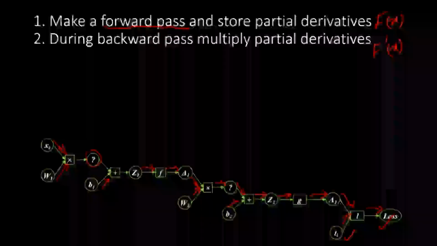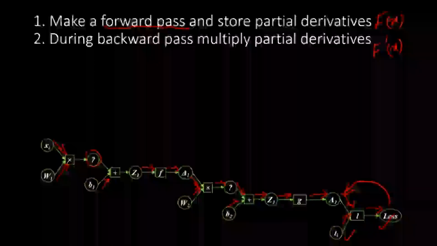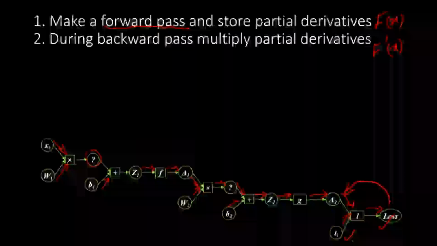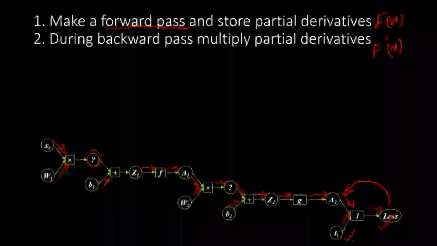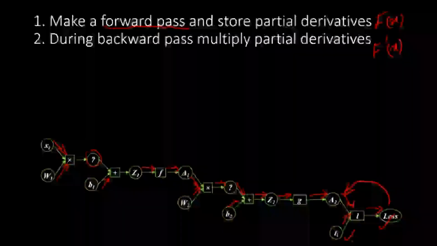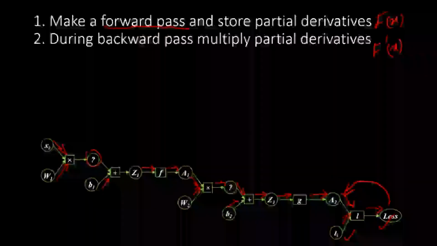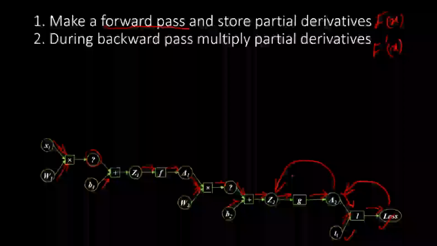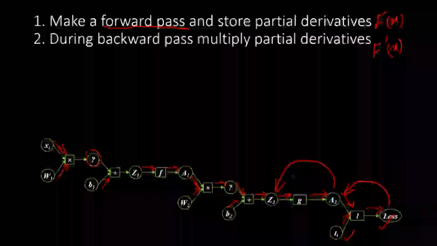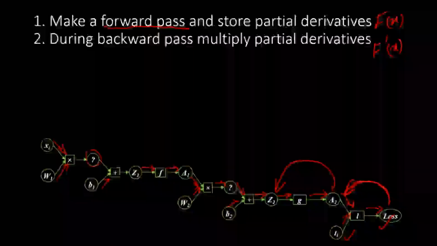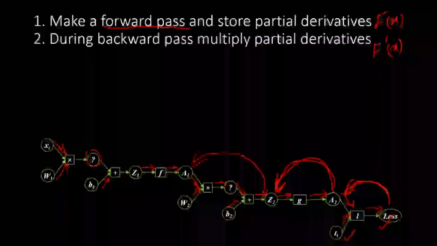So that is basically we are taking the partial derivative of the loss with respect to a2. Now notice that we don't need to compute the partial derivative with respect to t, because t is not varying, t is fixed. Your target value is fixed. So we are computing the derivative of loss with respect to a2, and then your g function is fixed. We are computing the partial derivative of a2 with respect to z2 and multiplying this in the chain going backwards. So this partial derivative gets multiplied with this partial derivative, gets multiplied with this partial derivative,